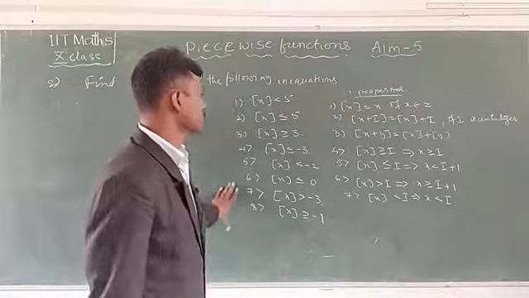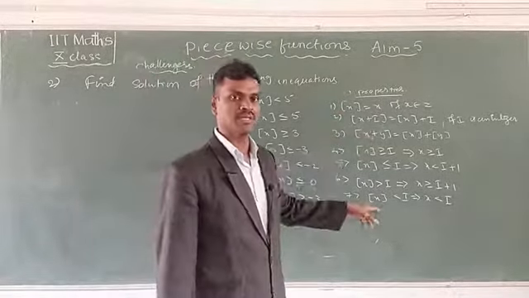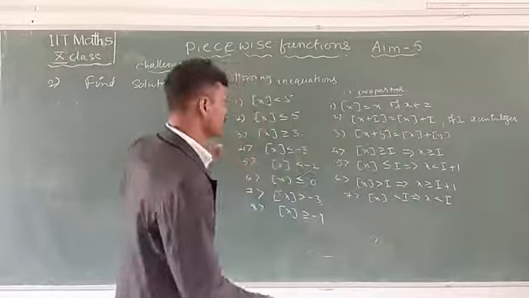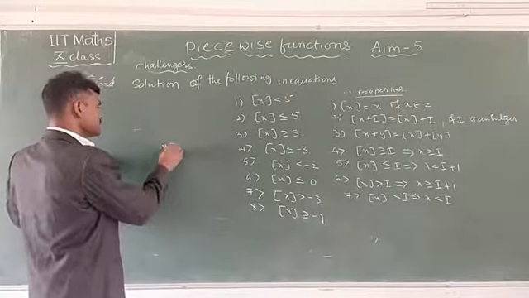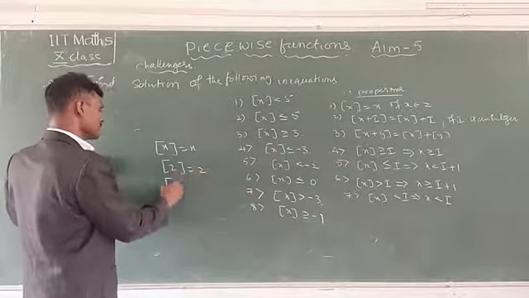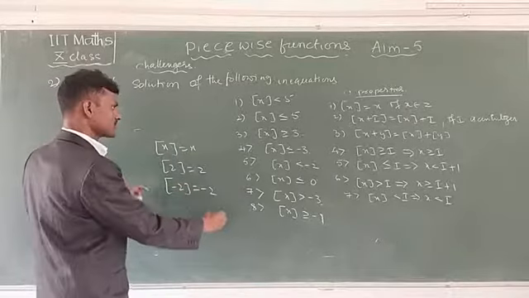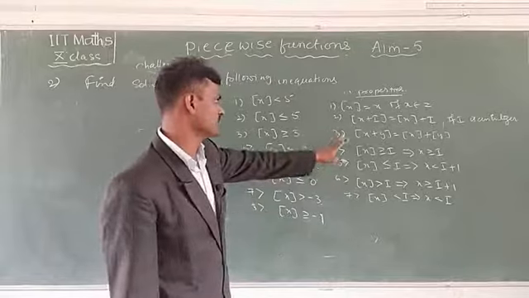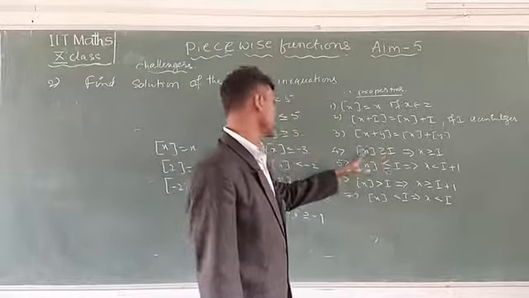Okay, before doing this problem, first we have to see these properties. Here signum x is equal to x, that means signum of 2 is equal to 2, signum of minus 2 is equal to minus 2. This is the first one. Next, actually, all our inequations as given, we have to explain this one. Okay, now listen.